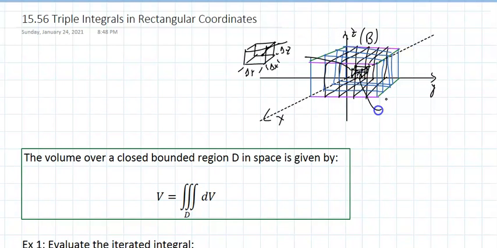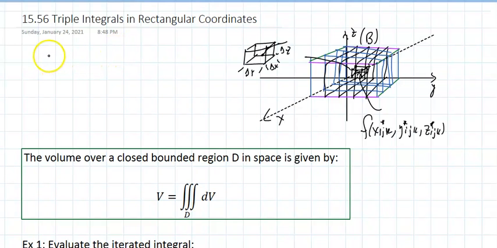So if I call this f of x sub ijk star, y sub ijk star, and z sub ijk star,